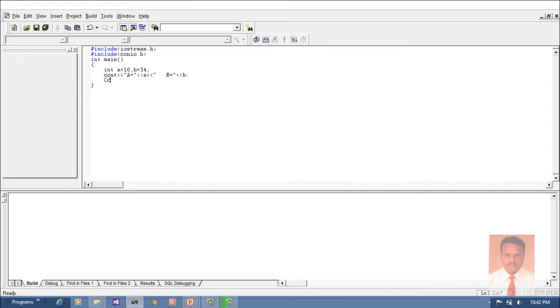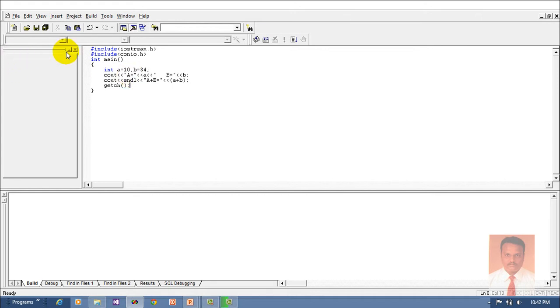Let us say cout, it should be small, and I need a next line, endl. I'm going for the next line. I'm going to add, let us say a plus b equal to, so a plus b, and then I need the method called getch to hold the output screen until the user presses any key.